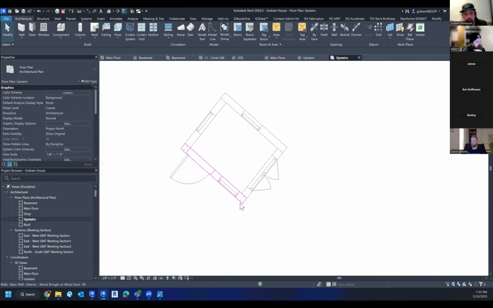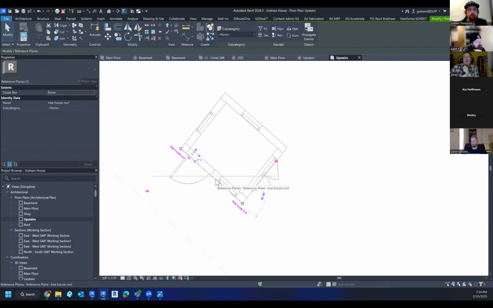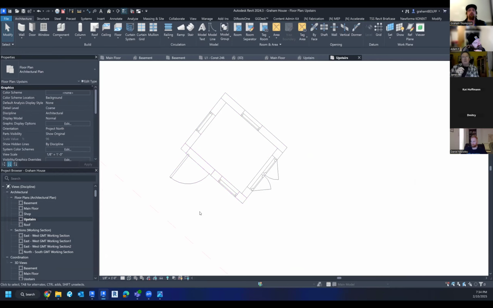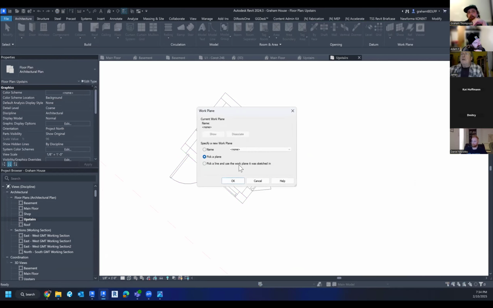And my naming convention was sloppy. I'll give it that, but it was good enough for me to know what was going on, right? So I named this reference plane, and you can see that right there, treehouse roof. Okay. So now when I go to roof by extrusion, I can come here, and first thing it asks me